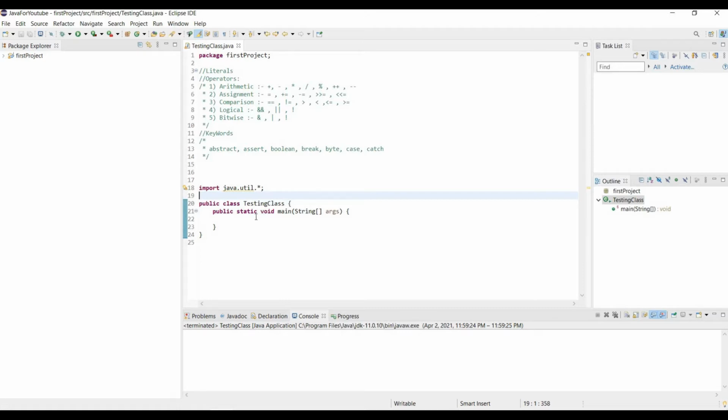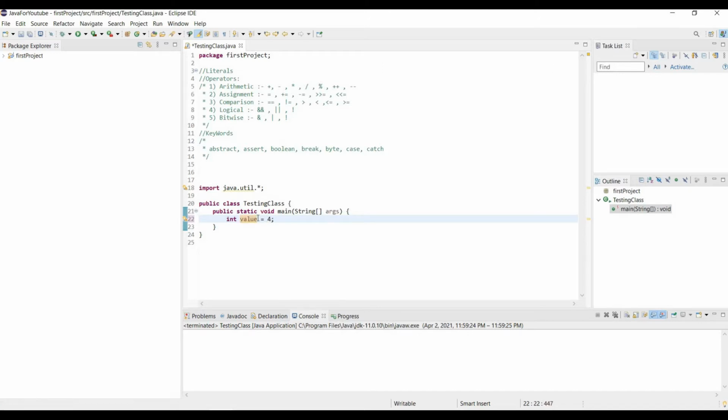For example, here is a small program, and if we write int value is equal to 4, so here 4 is going inside this value.